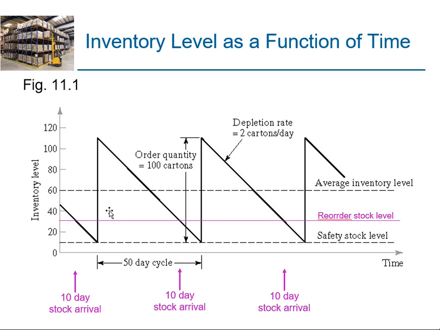So, for example, if we have a 10-day stock arrival time, we will need to place an order for the stock on the 40th day within a specific cycle, so that we can ensure that the stock can arrive on the 50th day when the safety stock hits the 10 units. So these are common strategies used in order to ensure that the